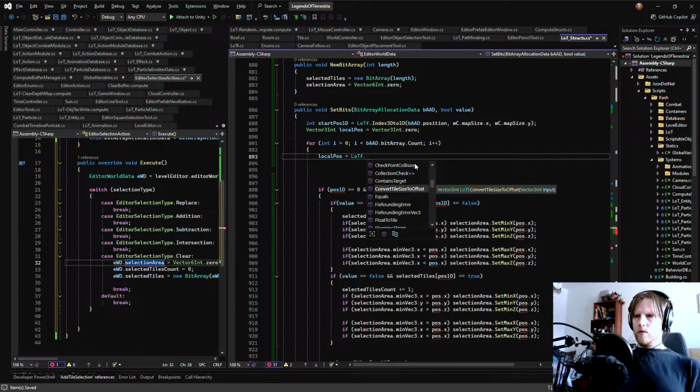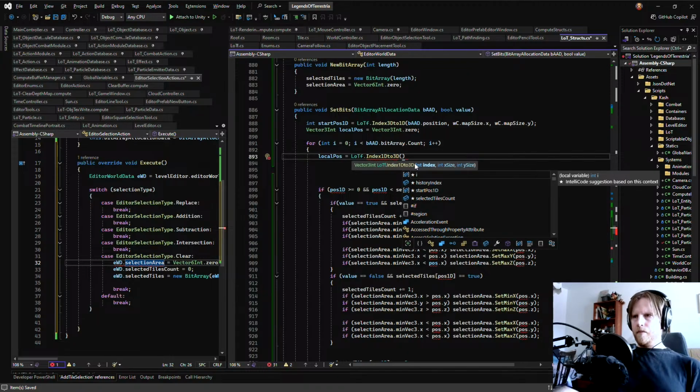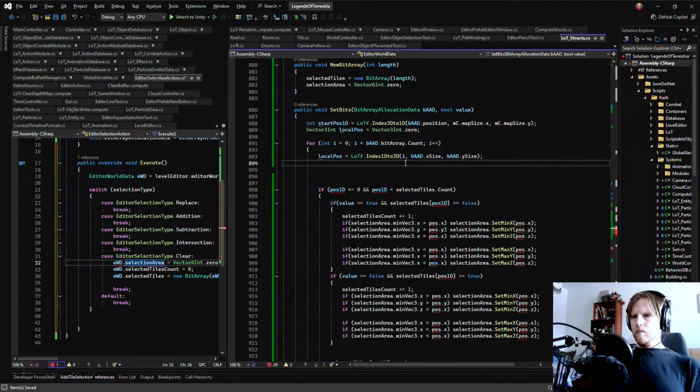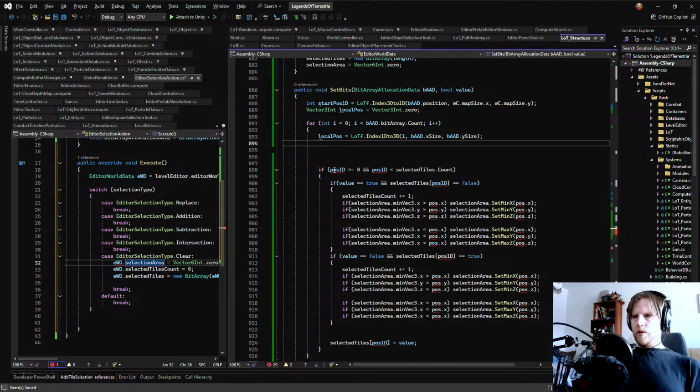LOTF dot index 1D to 3D. And then we take an i and we take bod dot x size, bod dot y size, right? And that's how we get the new local position there.